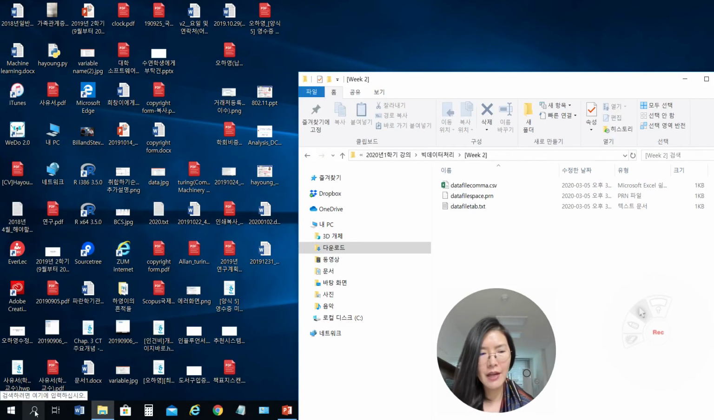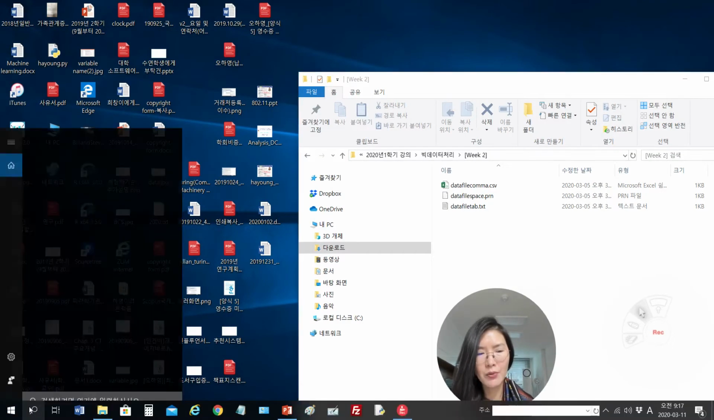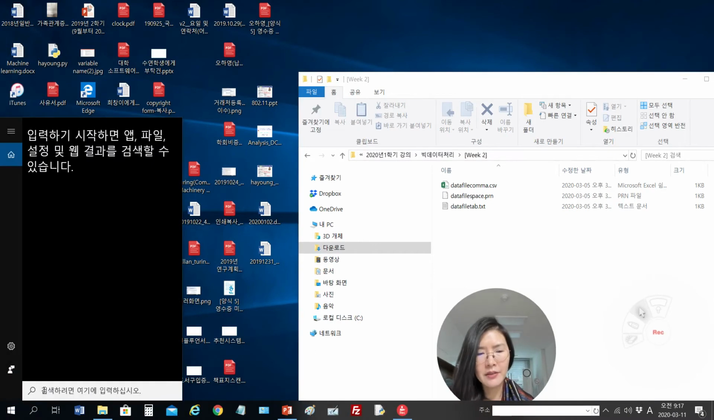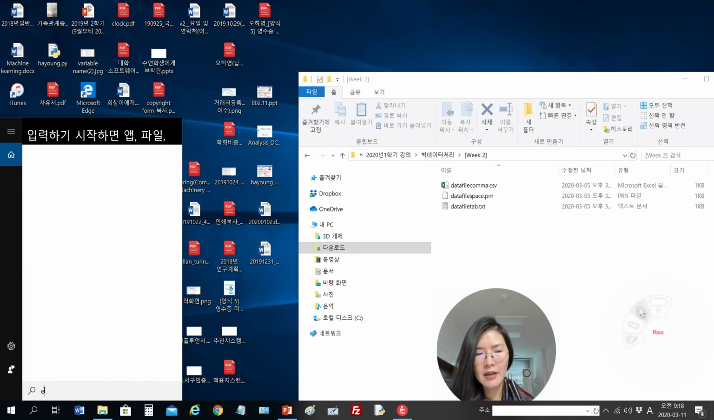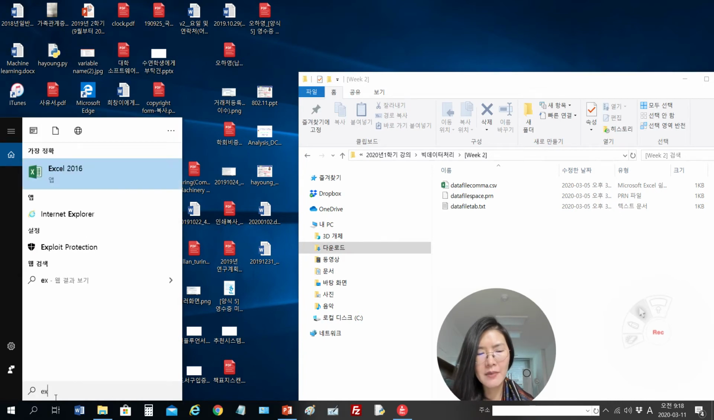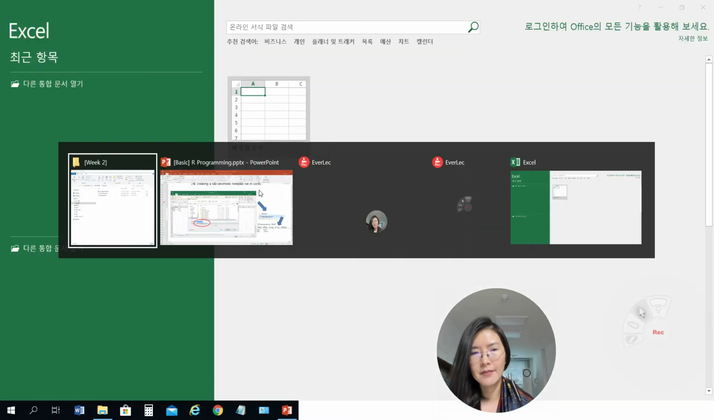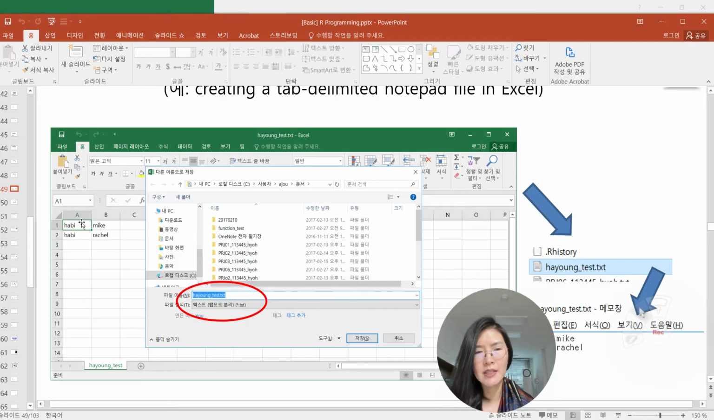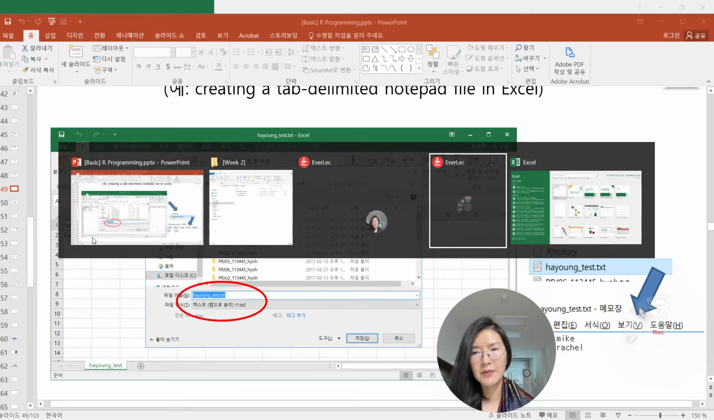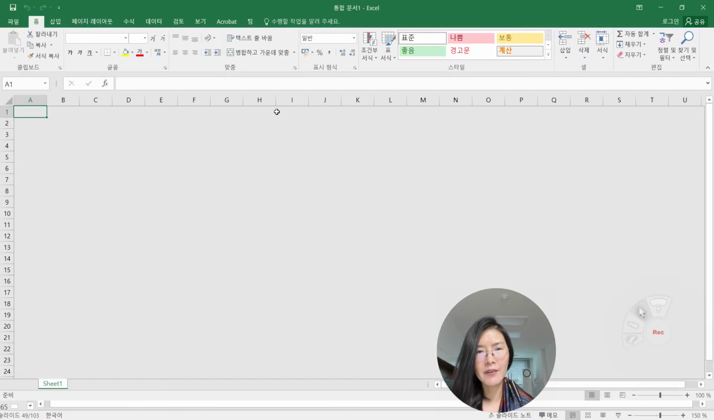Please find your Excel file using the magnifier or the Windows main button. Even though you type only the letters EX, you can find Excel. Regardless of the Excel application version, you can open it. Then you make the empty file and then